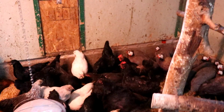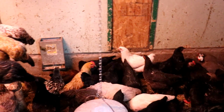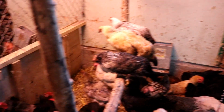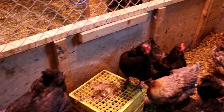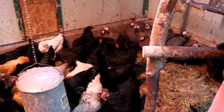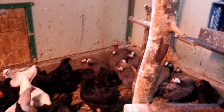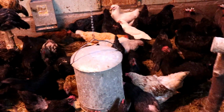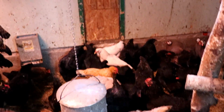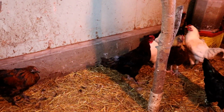Okay, so now that we caught the roos, these hens are ready to go, and we got a mixture of very young hens, we got a mixture of older hens, and so we are also going to take a quarter of our flock. So the 2-year-old hens are going to go, but we're not going to deal with butchering hens this round. We are now going to feed these guys, and then we're going to let them out so they can run around for the rest of the day. Okay, so let's